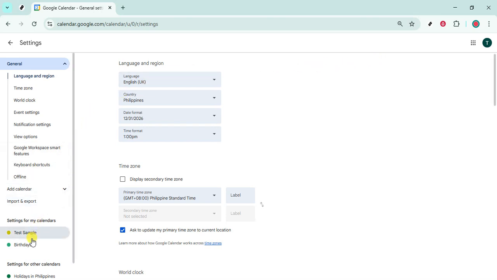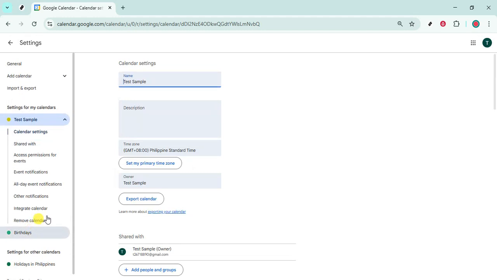On the left side, you'll see a sidebar. Under the area labeled Settings for My Calendars, you'll find a list of calendars you own or manage, including your primary calendar. Choose the specific calendar you want to update by clicking its name. This matters because time zone can be set per calendar, which is helpful if you manage multiple calendars with different